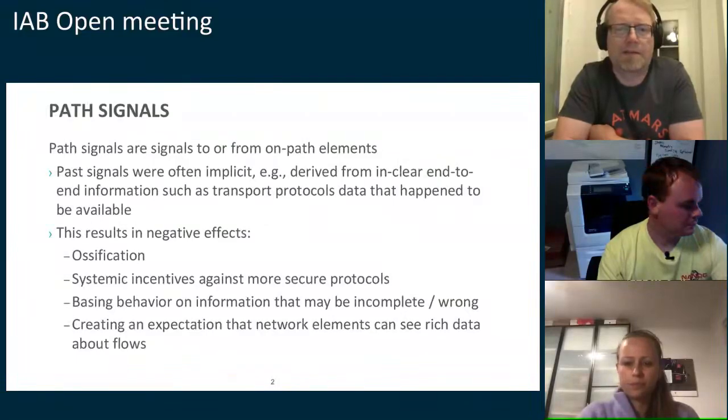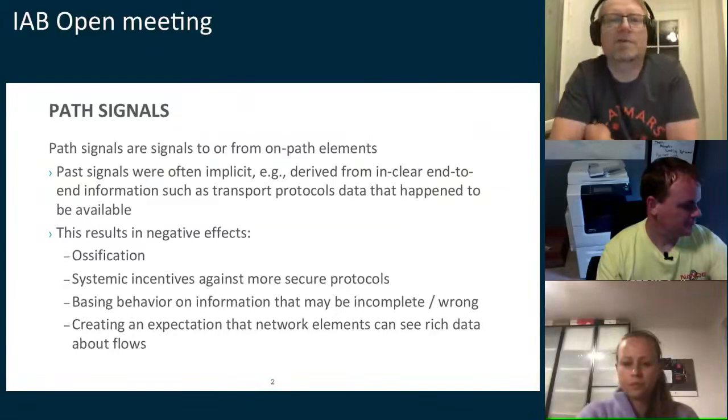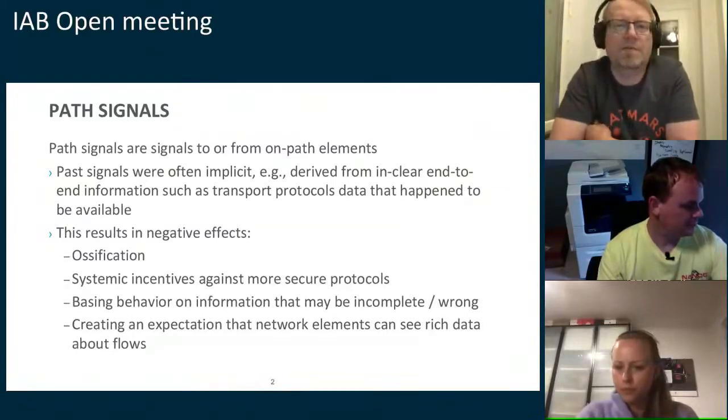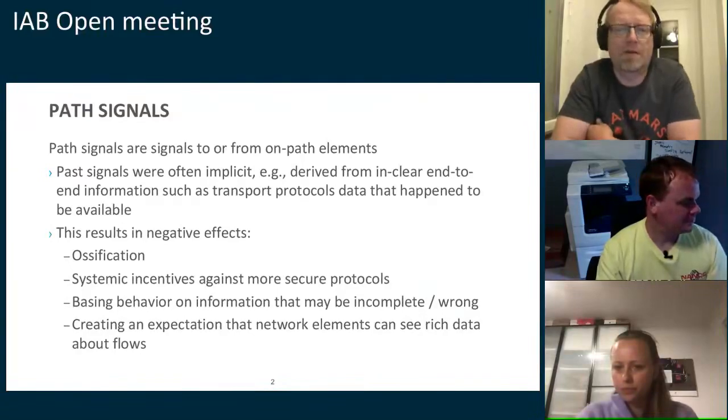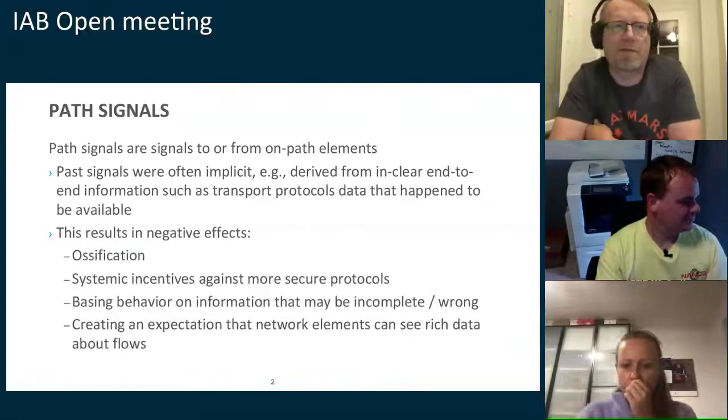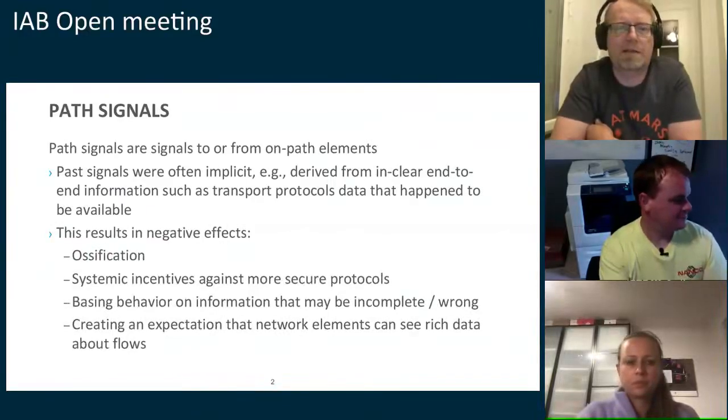So what are path signals? These are signals that applications or endpoints send to or receive from on-path elements, such as routers. And of course, in the past, path signals have often been implicit, for instance derived from the in-the-clear information that exists in packets, such as TCP options and other data that just happens to be readable, and entities have been reading these pieces of data.